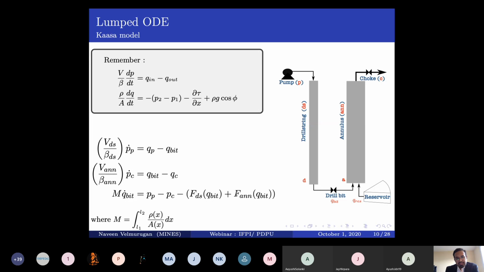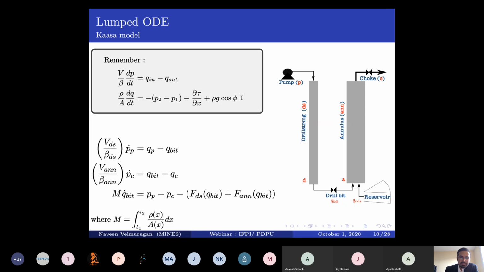Okay, now we are finally at the coupled model, or when you want to show the dynamics inside the drill string and analyze using certain parameters that we can measure or control. Please remember that we have a mass balance equation and we have a momentum balance equation, right? The first equation represents the mass balance for your drill string. The QP is the fluid flow at the pump, and Q bit is given by the flow through the drill bit. And the same goes for the annular region. You have the fluid flow that is coming in, that is Q bit, and whatever is coming out is QC.